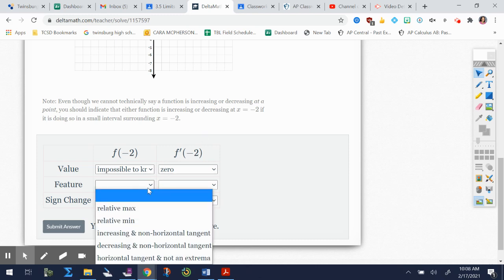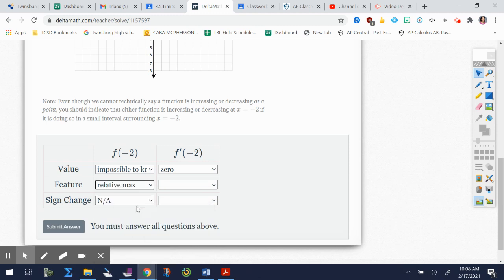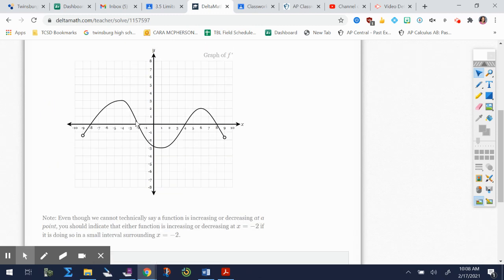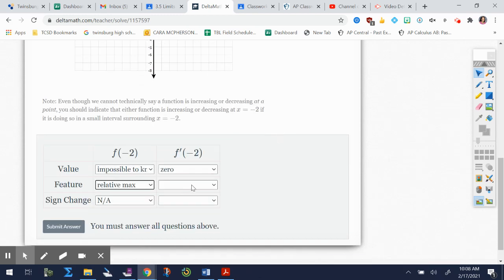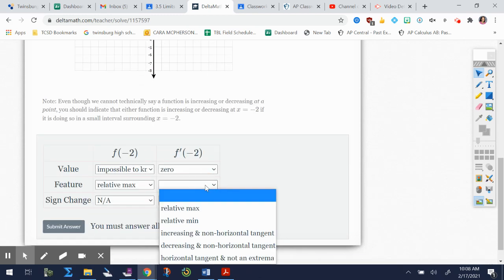Feature. -2 would have to be a maximum because it is a place where the derivative went from positive to negative, so that means it's a maximum. And the derivative at 2,